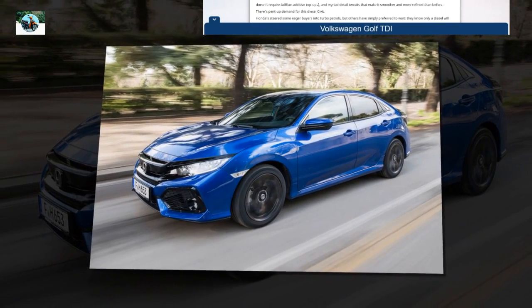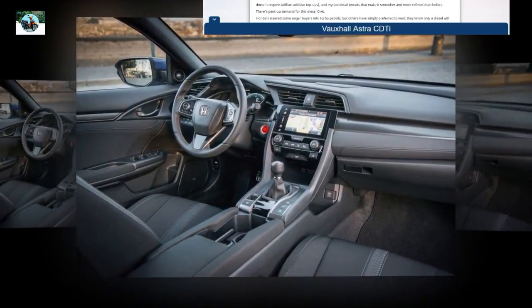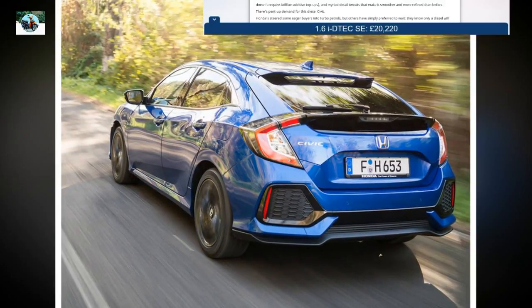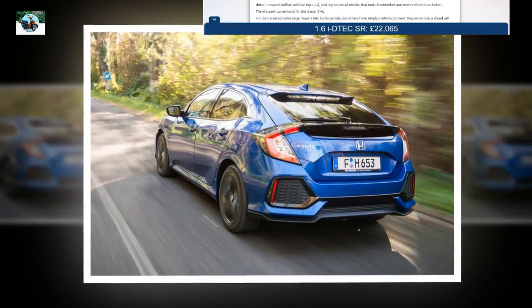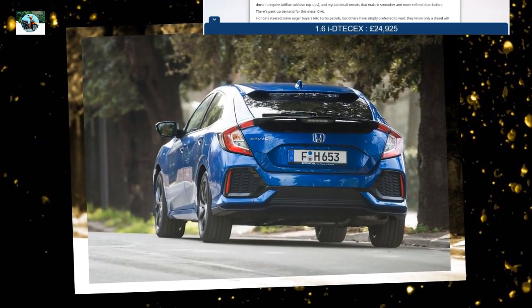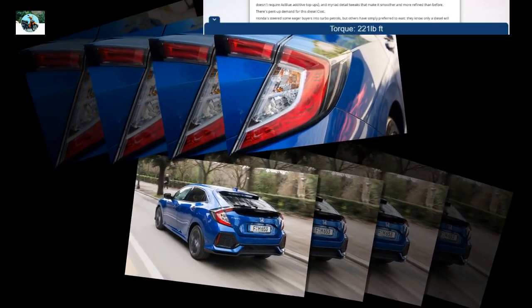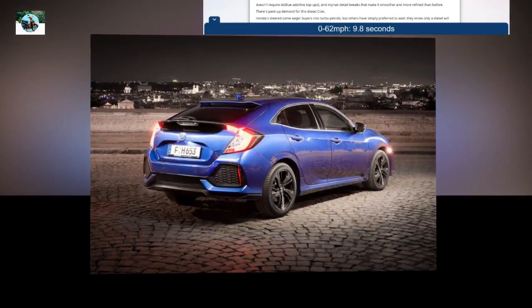Rivals: Volkswagen Golf diesel, Ford Focus, SEAT Leon diesel, Vauxhall Astra, Toyota Auris Hybrid. Prices: 1.6 i-DTEC S, £20,120. 1.6 i-DTEC SE, £20,220. 1.6 i-DTEC SR, £22,065. 1.6 i-DTEC EX, £24,925. Specifications: engine 1.6-litre i-DTEC turbo diesel, power 120 HP, torque 221 pounds-feet, 0-62 miles per hour 9.8 seconds, top speed 124 miles per hour,